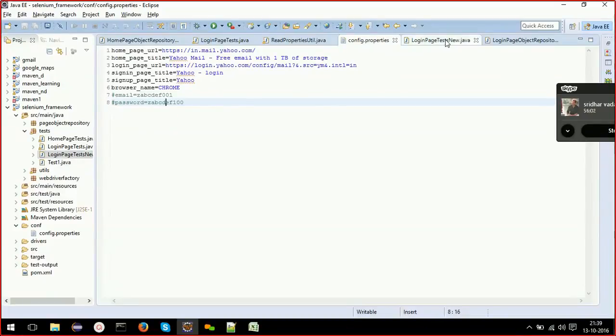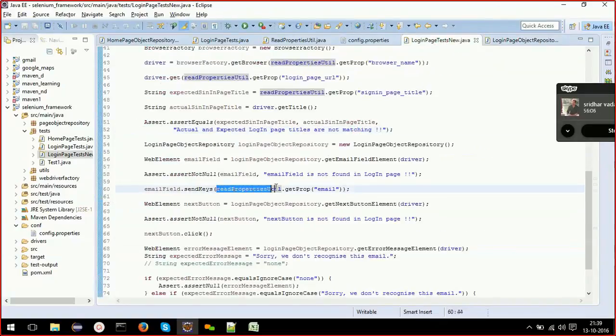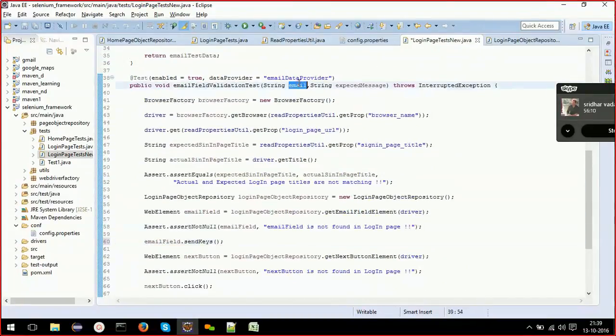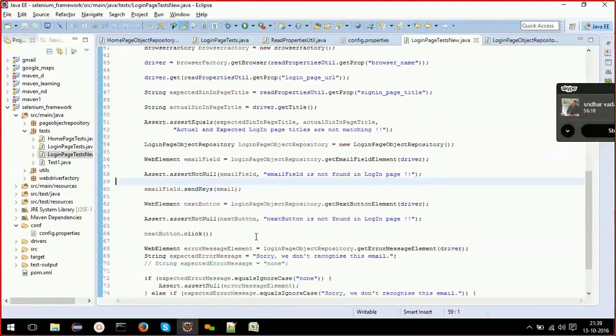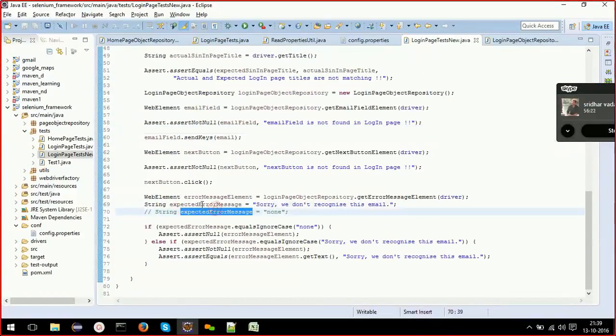Now instead, I can pass the value over here. And similarly for error message, now I don't need this expected error message hard coded.